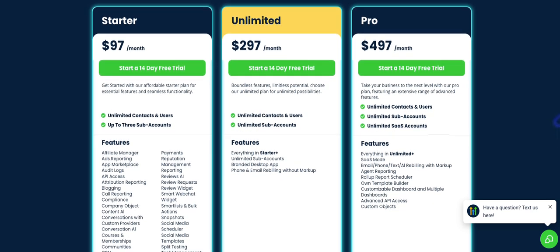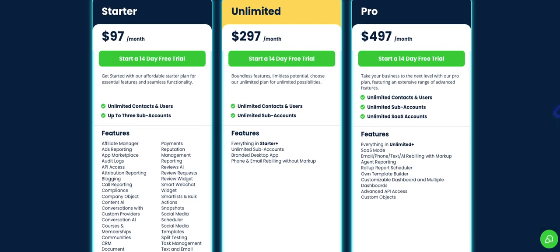Okay. Because at the time, 12 days ago, I said to him, should I do the 497 plan so that we can look and try everything and bring a client in, that we can do everything? And they said, oh, no, you only need the 3 sub accounts. The only difference is the amount of sub accounts. So now I'm finding out I wasn't right. So there are also some features as well that are different. Yeah. So for the 497, you can rebill. On the 97, you cannot.